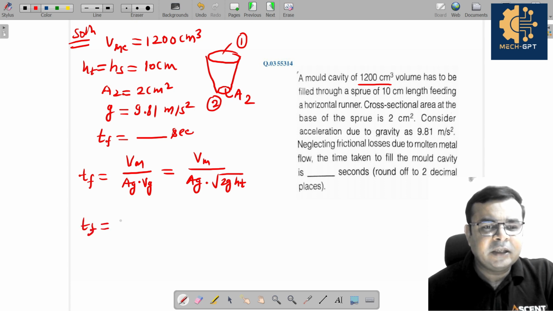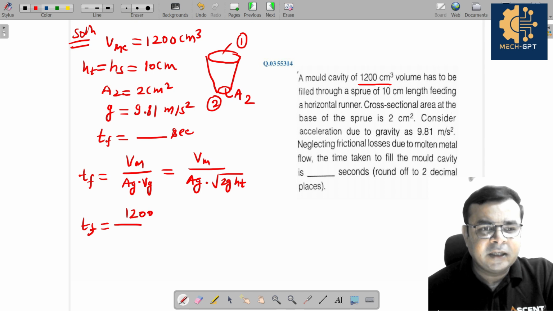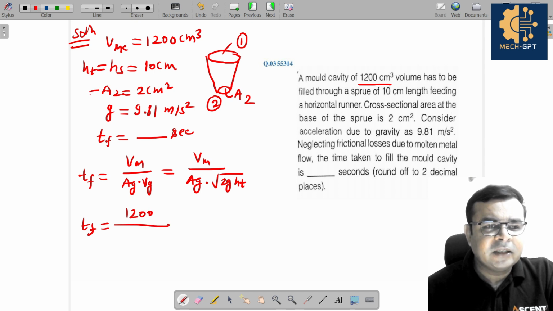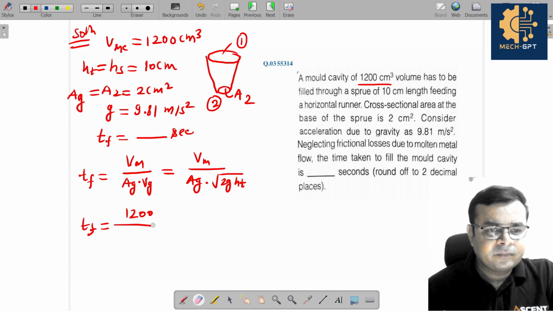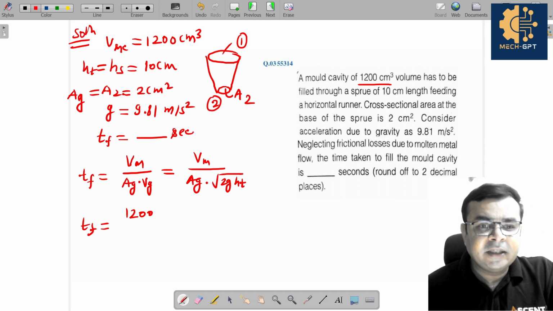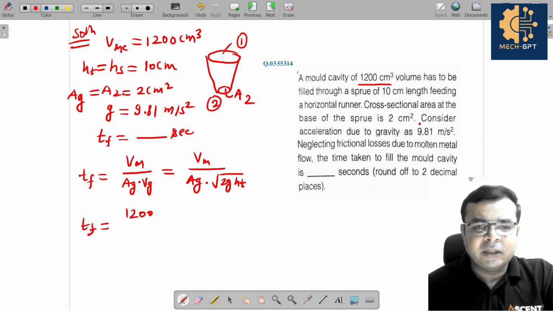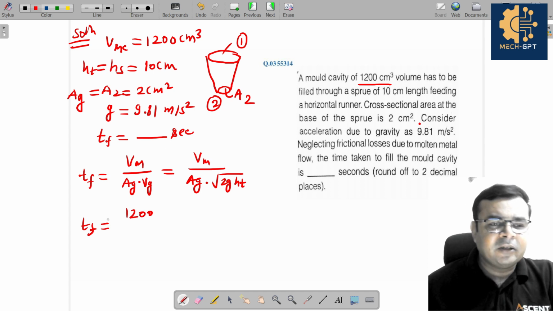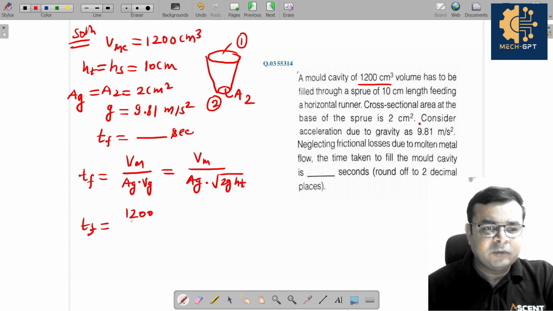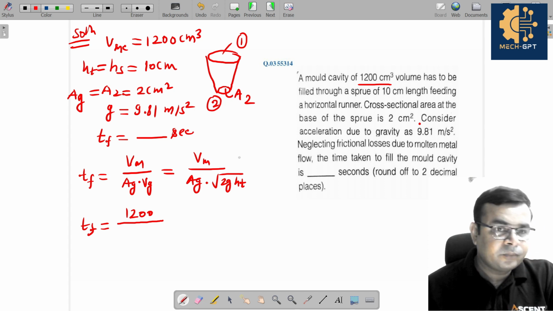So from this, if you put these values, this is 1200, and what about Ag? Ag is nothing but A2 itself, which acts as Ag, because you can see the cross-sectional area at the base of the sprue is 2 centimeter square, and the horizontal runner is also provided here. So if I assume the diameter of the horizontal runner is the same as the diameter of the base of the sprue, correct? So simply we can write this is equal to,